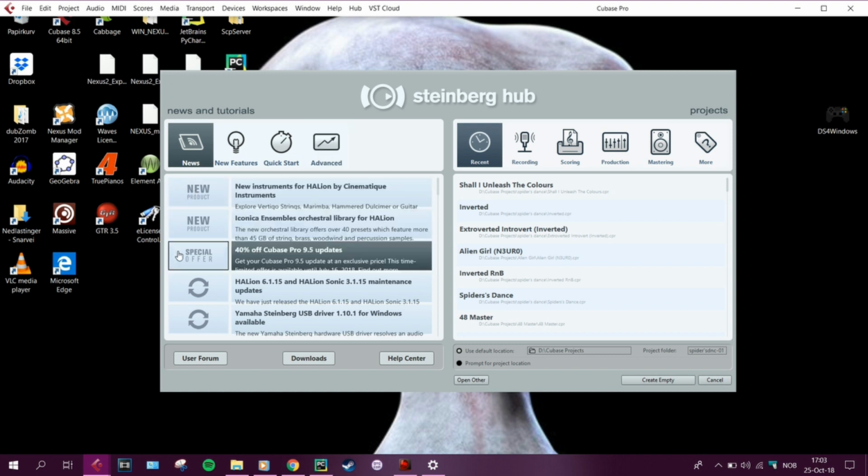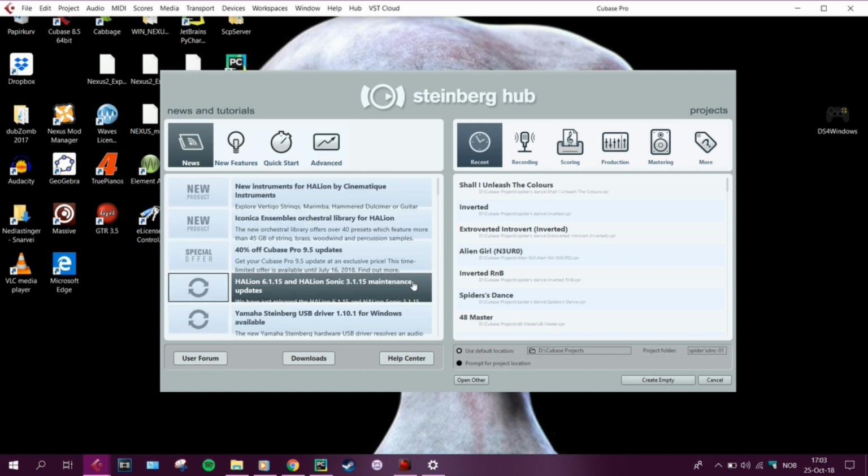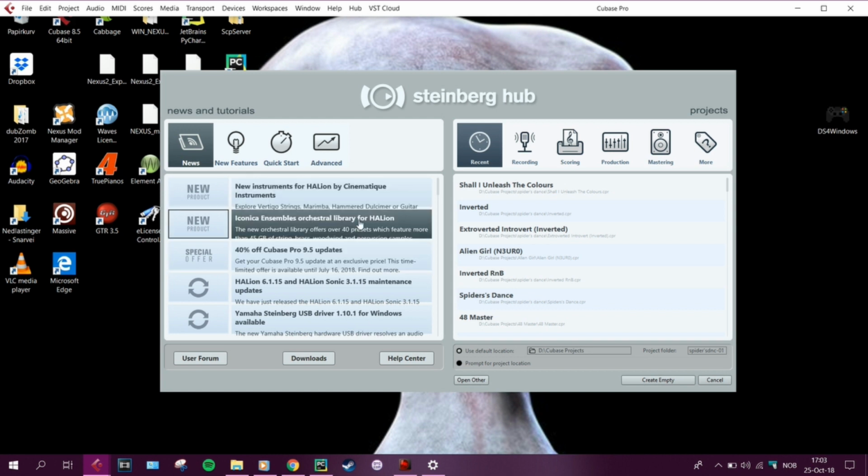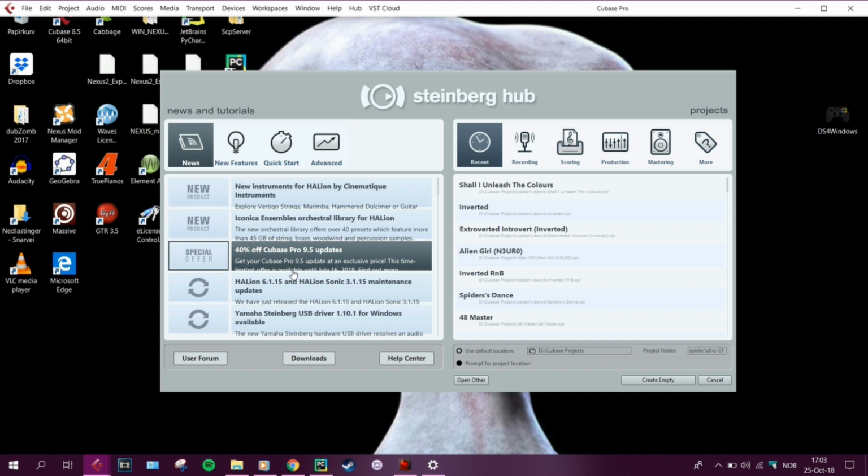So on the left here you can see a lot of announcements about new project and stuff. I try to ignore that. I'm pretty happy with my current version of Cubase, which is 8.5. I'm probably gonna upgrade to 9 at some point. But the most important is the right panel, which is recent recordings, and there's even a couple templates in here